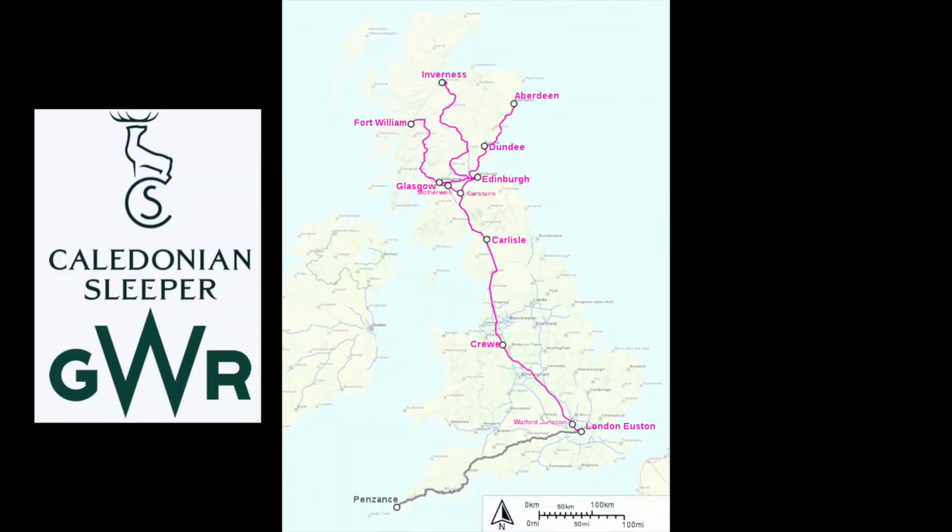There are technically 3 night trains in the UK. The Caledonian Sleeper, operated by ScotRail, operates services from London Euston to Glasgow, Edinburgh and further north. Then there is GWR, who operate the Night Riviera on the London Paddington to Penzance route, which is what we're